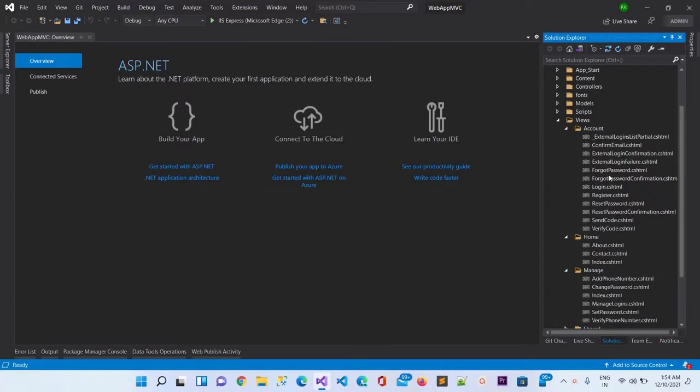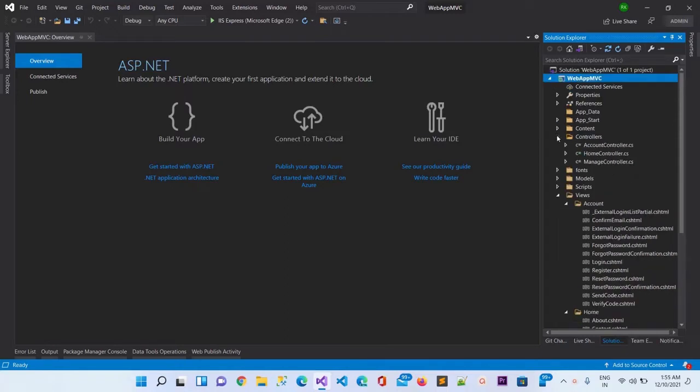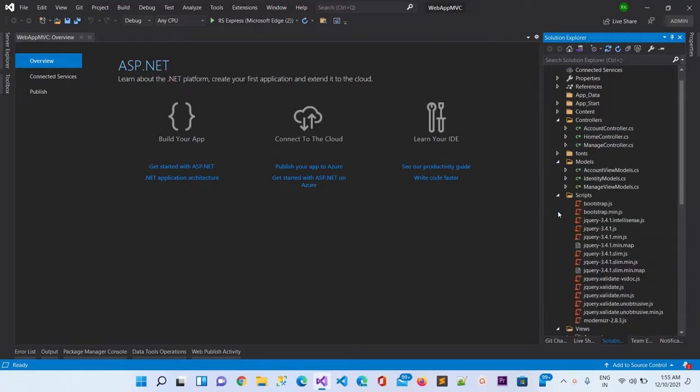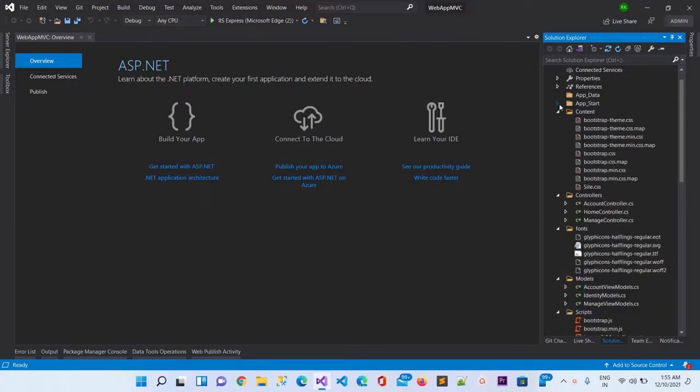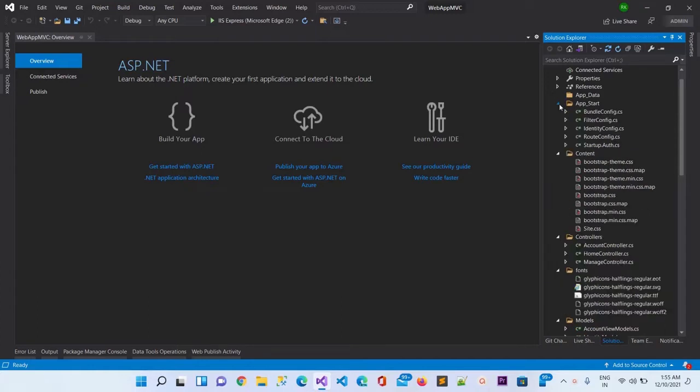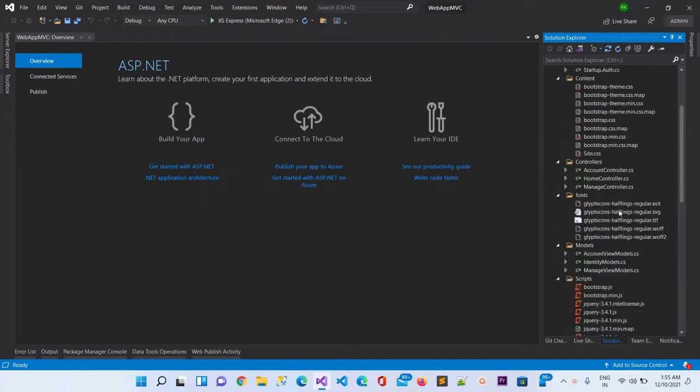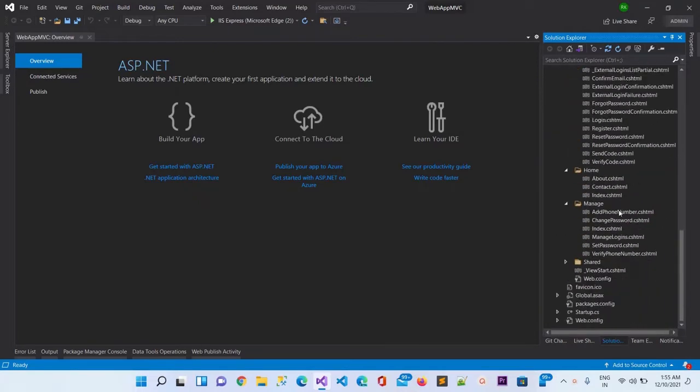You can also see the controllers and models created here, the JavaScript code and the CSS fonts are also here, and in the content folder you can see the CSS. In App_Start you can also see the startup file and the bundle config file. So everything is here, and let me go one by one to analyze everything.